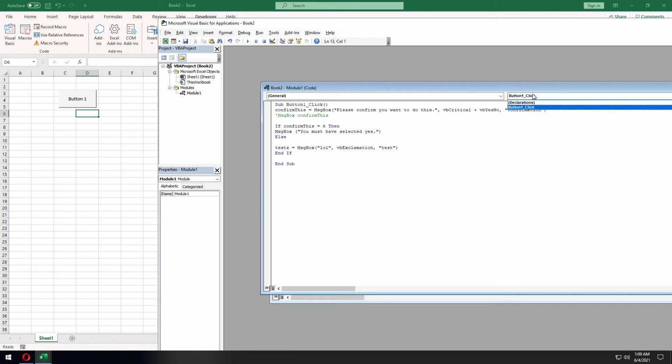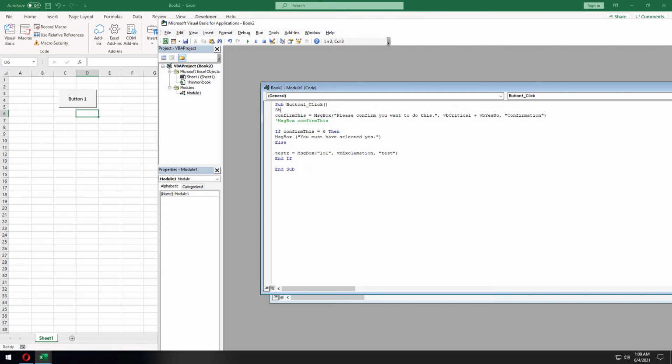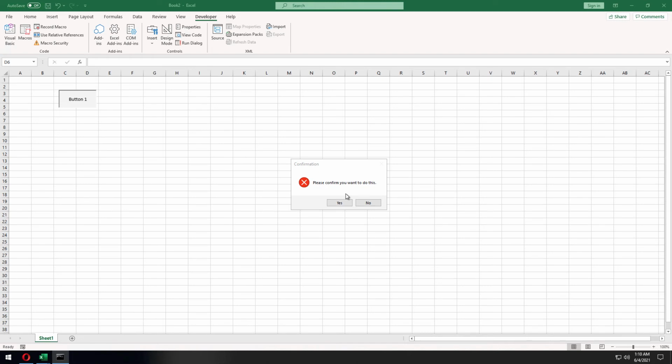So here we have button click. There's also some other options that we have access to as well, and I can show you more of this later on. This is just really basic stuff that we're working with. So actually, Shell is one. We can just do Shell cmd.exe, and then if I click on this button,